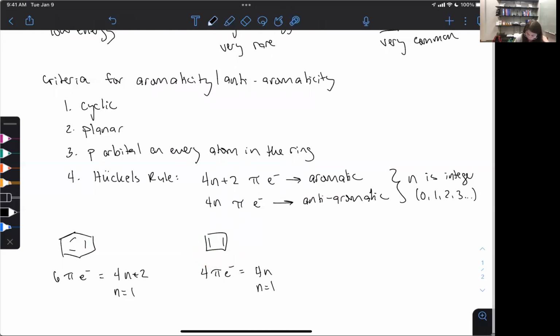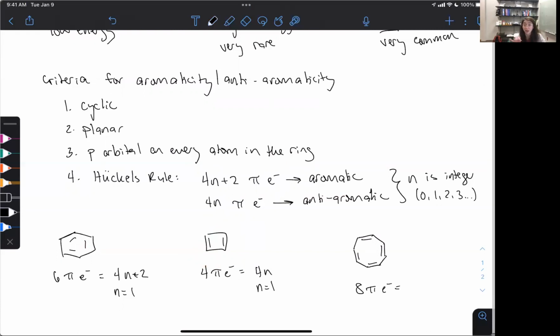If we look at the last one, the cyclooctatetraene, let me try that again. Honestly, the 8-membered rings are the hardest for me to draw. I can draw 7s just fine. Okay, so this is an instance where if we count up how many electrons we have, 8.